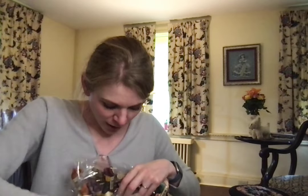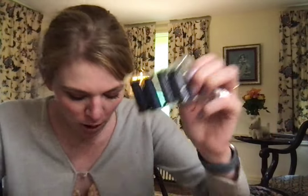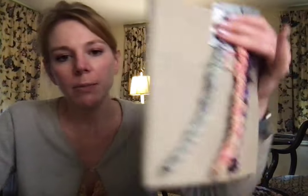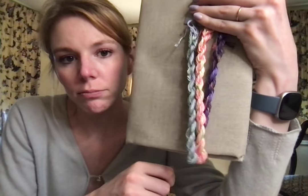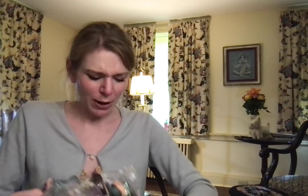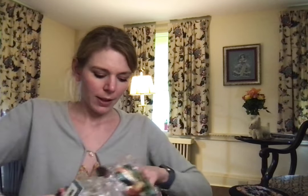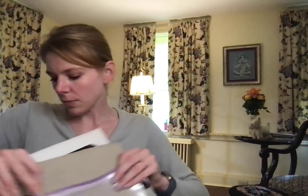Ooh, and then one more, and then the gate is all in Krynex. So look at these dark, rich gate colors. So good. And one last water lily. Makes me just want to stitch in water lilies. Look at these. So pretty. So that is My Lady's Garden. I'm sorry for the crinkles. Shove it in the bag here. Oof. And then